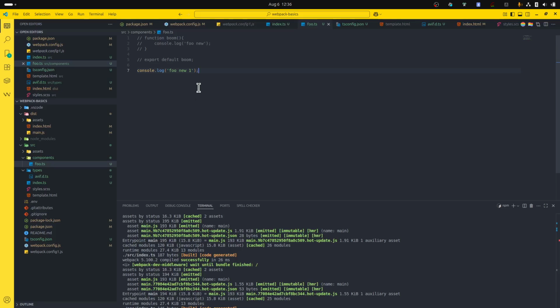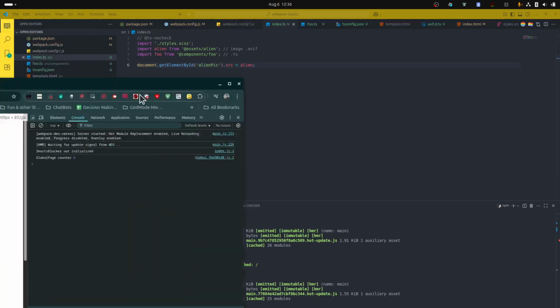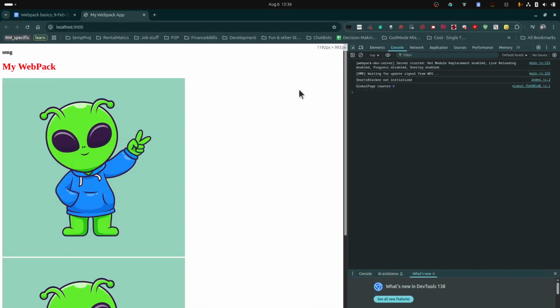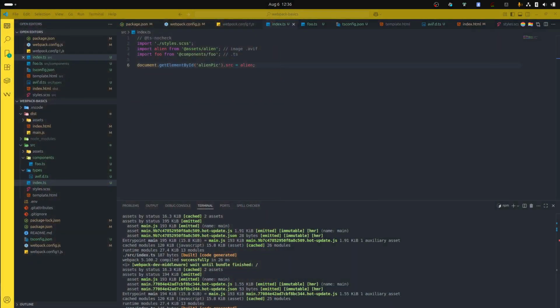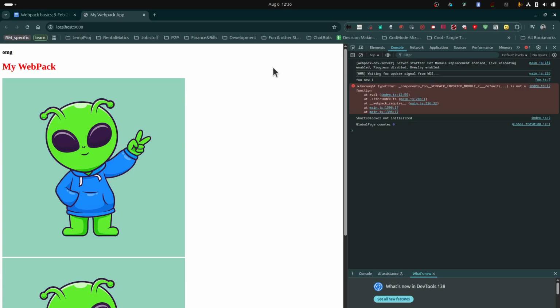So super quick video. If you have a file and there's a console log in that file, and you import this file into another file, you will not see the console log in the beginning. You just imported the file and the console log does not show up. So if you want to see the console log, you have to run the file like a function, like this. And then it's going to work. Maybe it's a Webpack server thing, but